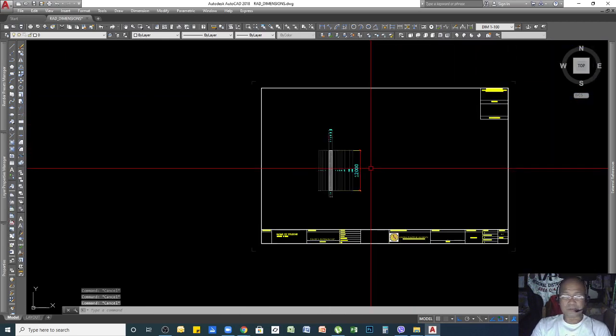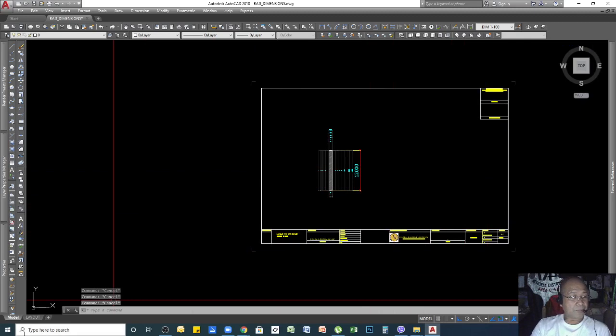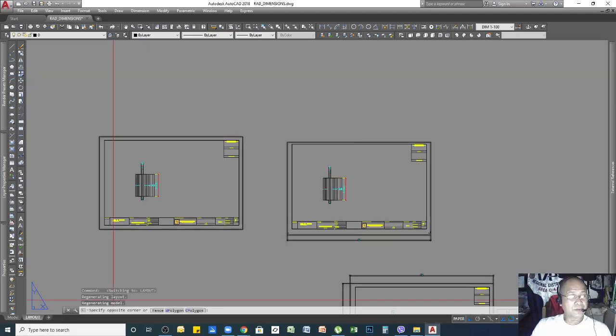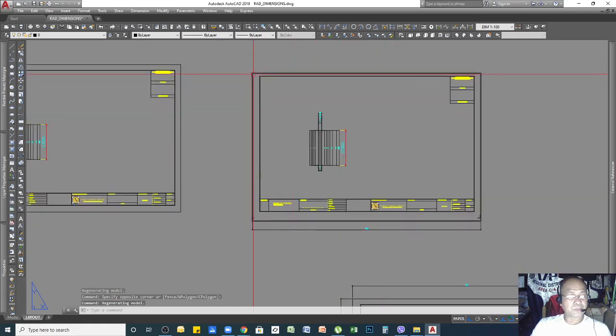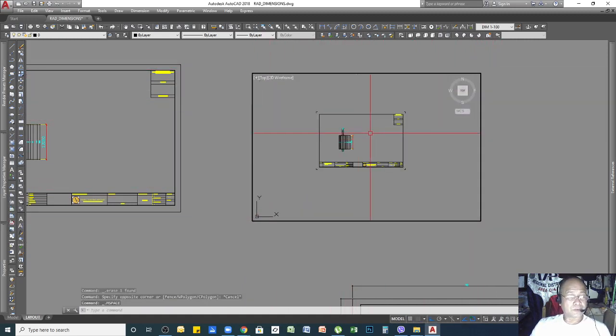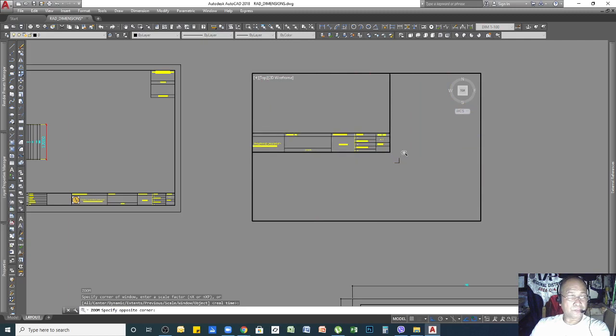All right, so now we go to the plotting of your drawing. So I'll jump to it here. Let's say we will plot this drawing. All right, so this is the drawing paper. We'll see, zoom. Remember when I made a demonstration on this one last time?